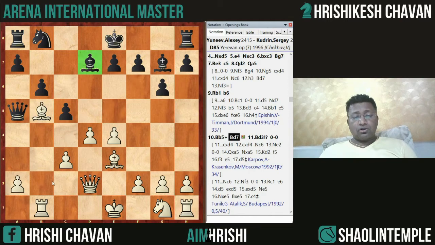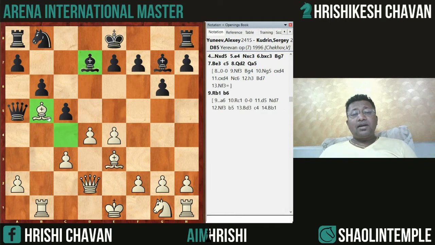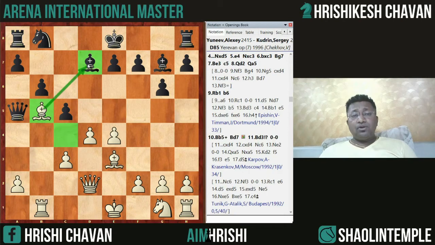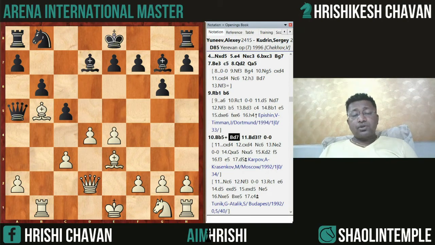In this whole structure of white's position, the c4 square is weak, and the c4 square is guarded only by this bishop. If white plays bishop into d7, then later on black can use this weakness with his knight. So maybe he can capture the bishop with the knight, and then later on he can think about moving the knight to c4. And once the knight comes to c4, it will be a very strong square for the knight. It's an outpost for the knight. So that is why white doesn't want to give up that bishop, because that c4 square will prove very important later on. Bishop d3,